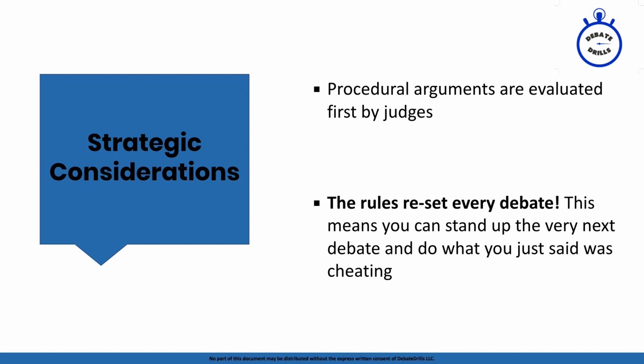A better example that's not as silly, I like the silly examples because hopefully they help you wrap your head around the extreme nature of what you could argue. But a better example is whether or not you have to defend the whole resolution or if you're allowed to defend a specific example. If we go back to our dogs versus cats example, you could argue in one debate that the affirmative cannot argue a specific dog is better than a specific cat. It must defend generally that dogs are better than cats. And then when you become the affirmative, you could stand up and argue that I'm allowed to defend a specific dog versus a specific cat. That is totally acceptable.